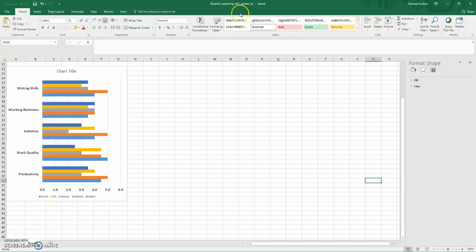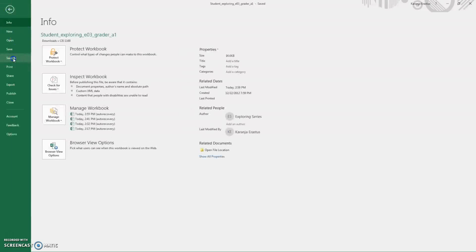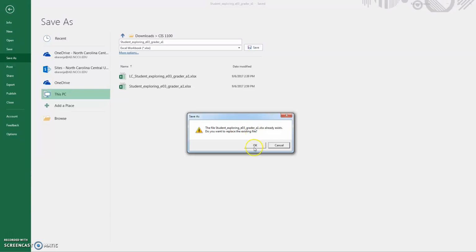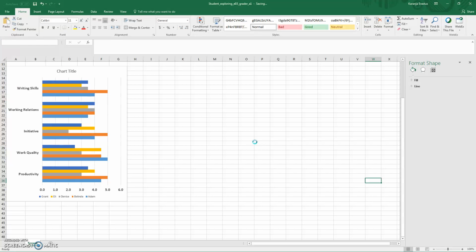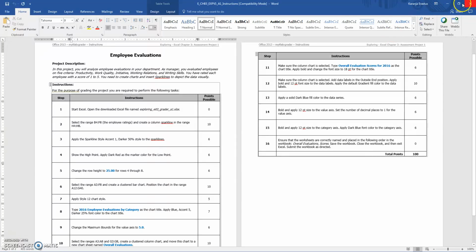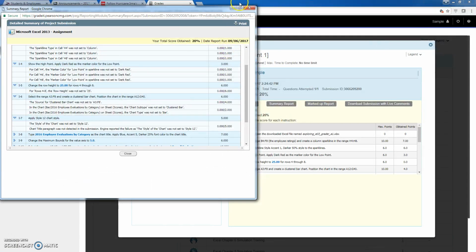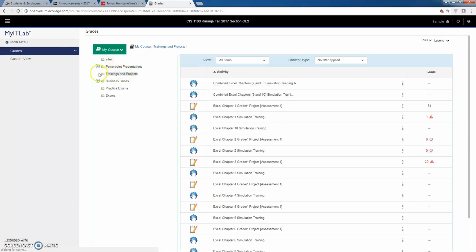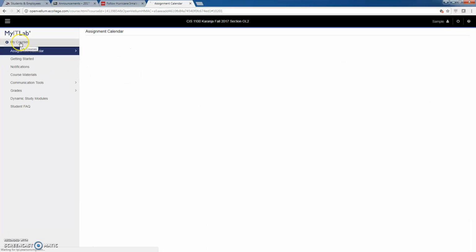Okay, so we save our file. You go to file, save as, and you select, this is my file where I'm saving it, and save. You say okay, I'm going to make some changes to it, so I'm updating it, and then you can minimize this or close it. We're done with this. You go back to the home page where the assignments are,